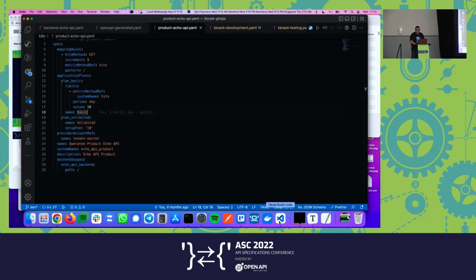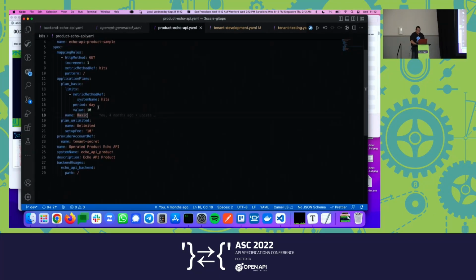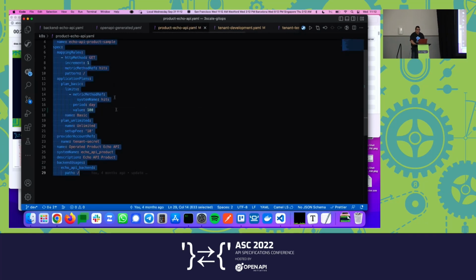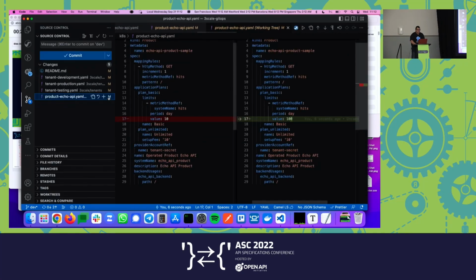So what we can do now is go to our definition on dev space and say, okay, this is the period and this is the definition of my limit. Let's change that because we are going to be adding more values to this. So we can do this and then commit this new value, and let's say increase limits. And then when we push this